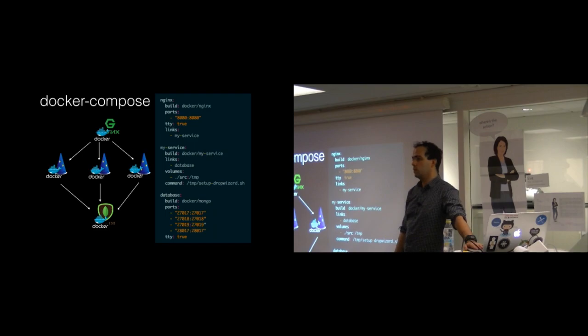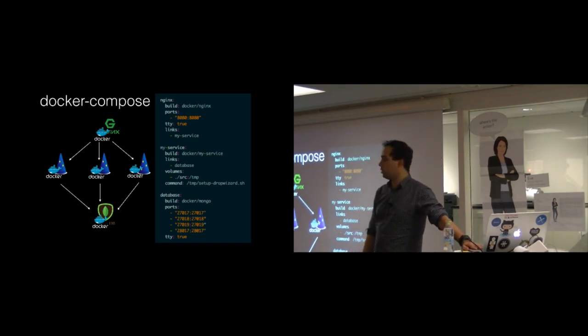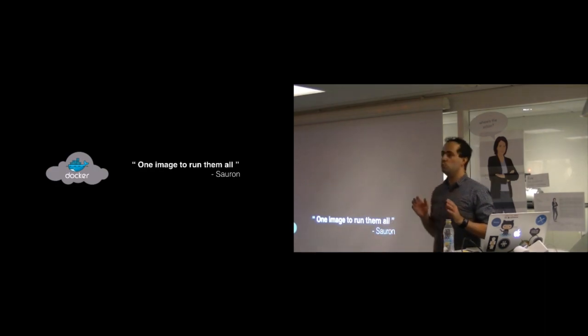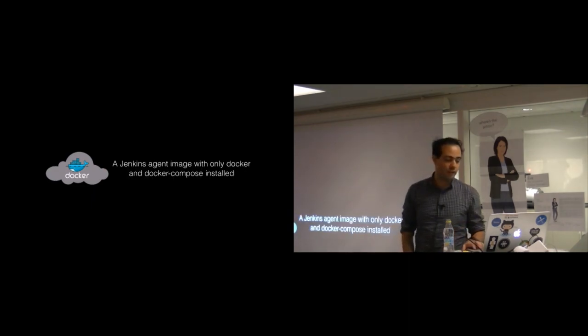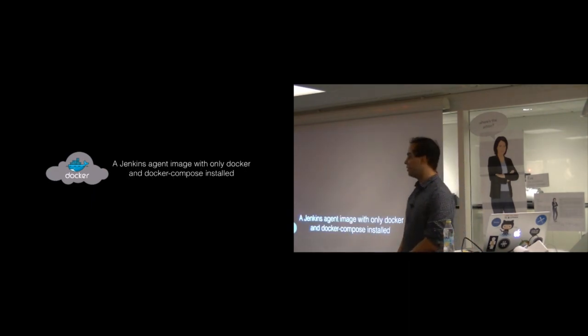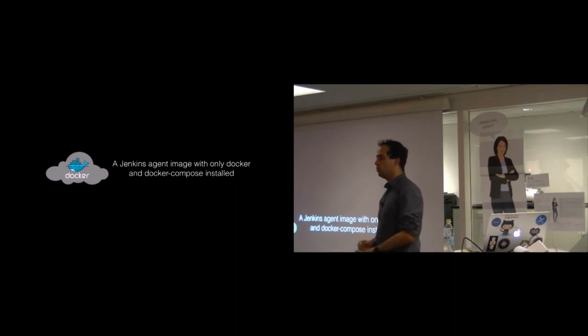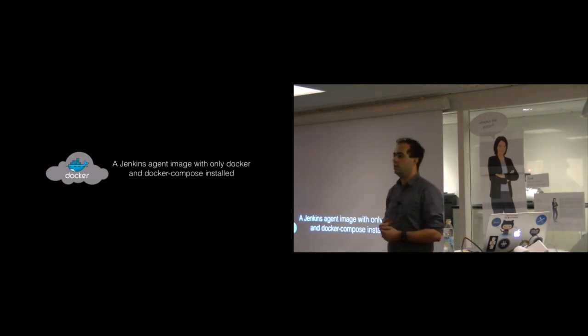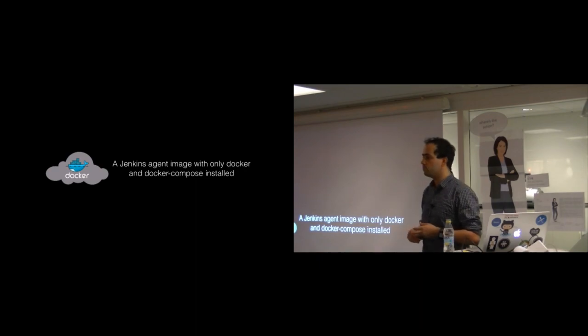And then a long time ago, in the Middle Ages, a very smart guy who liked Docker as well built a single unit, and his name was Sauron. He built a Docker image, and he said that he would use one image to run them all. In this image he had two things: Docker running and Docker Compose. And that's how we solved a lot of problems on testing, especially when it comes to integration tests, when